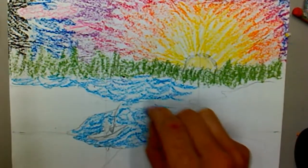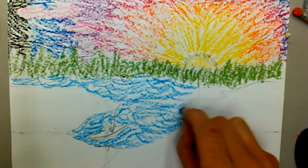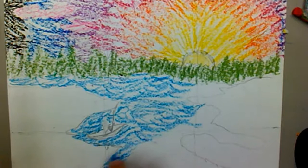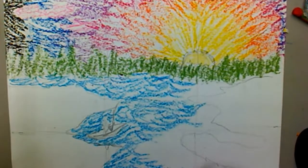Once I've finished with the majority of the water, I'm going to move on to the next section, and that's going to be the grasses that make up the rest of the marsh. Now, of course, grass we know grows from the ground up. We even did a whole practice exercise on making a grass sort of texture, so you should remember how to do this. But we're going to lay down a light pressure layer of a middly grass tone, something that